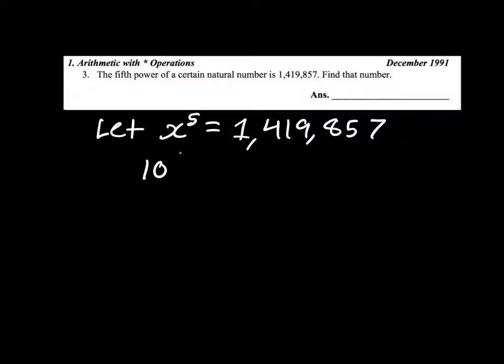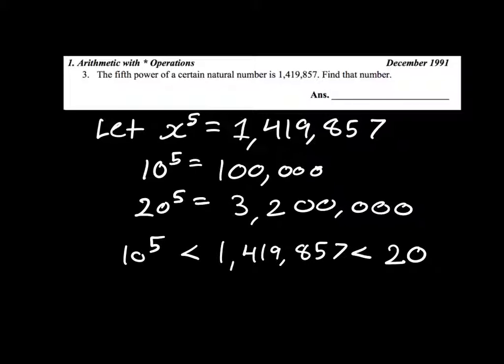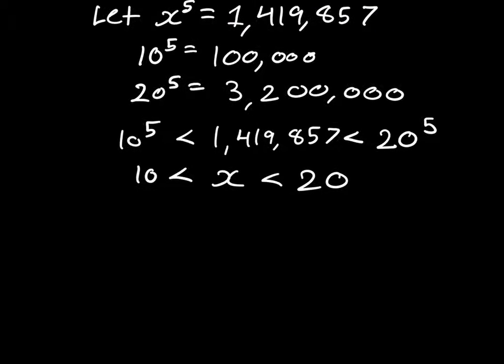So 10 to the fifth is 100,000, and 20 to the fifth is 3.2 million. So we can write this. And when we take the fifth root of everything, we get which is pretty useful to know. So we see that